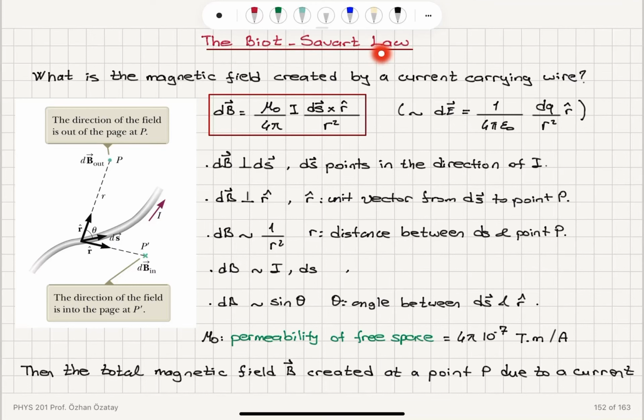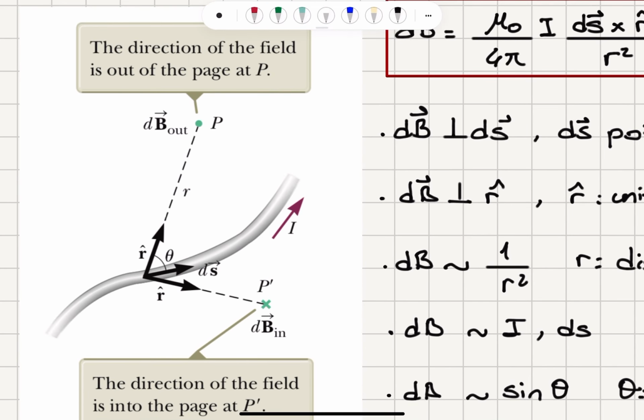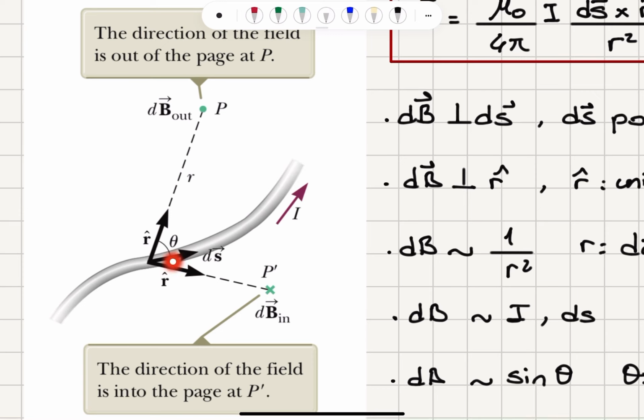The Biot-Savart law. The Biot-Savart law answers the question, what is the magnetic field created by a current carrying wire? So if this is an arbitrarily shaped current carrying wire here, remember that the ds vector points in the direction of the current. If we look at a radial distance r from this segment of the wire, what will be the magnetic field